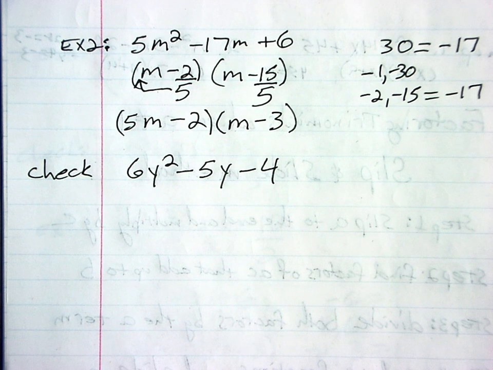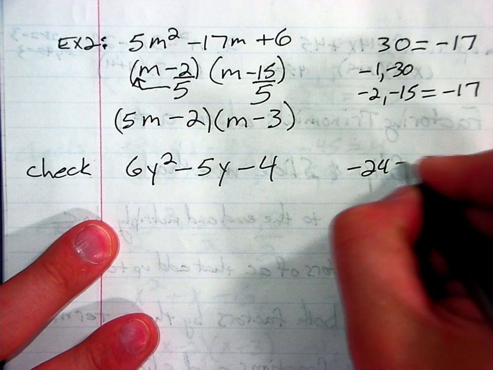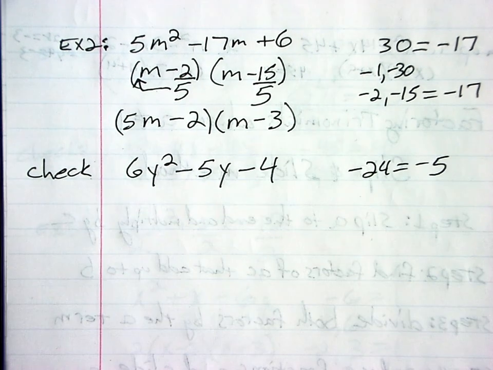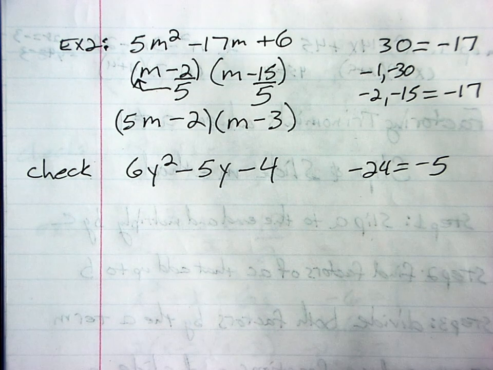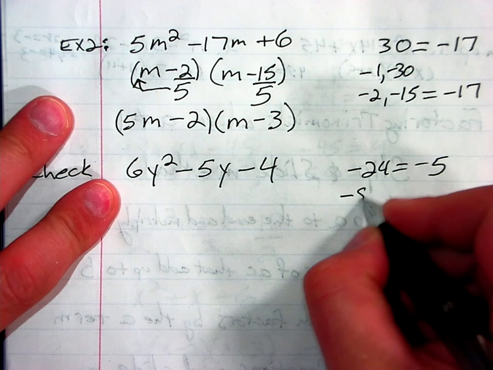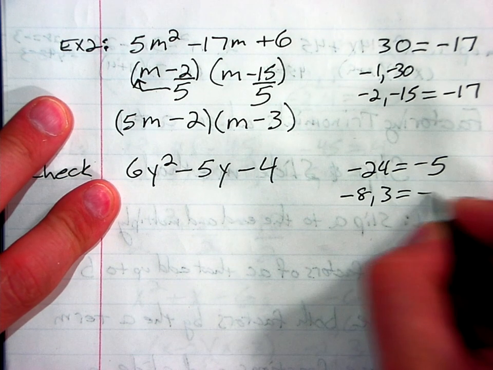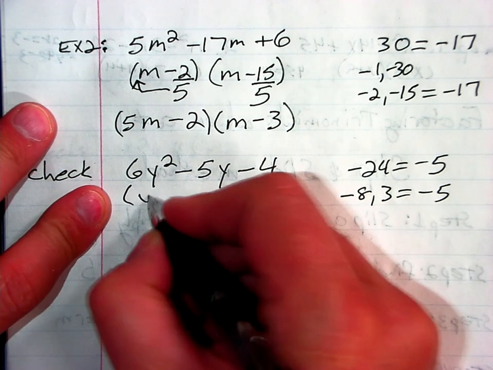All right, Liam and I are going to try this one together. So, Liam, what do I do first? Negative 24 equals negative 5 is perfect. You have step 1 right. All right, hold on. You went too fast. So you did negative 8 and 3. Yeah. That's perfect. So now I do y minus 8,